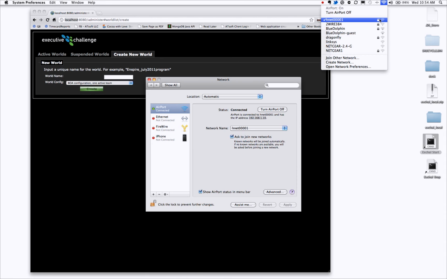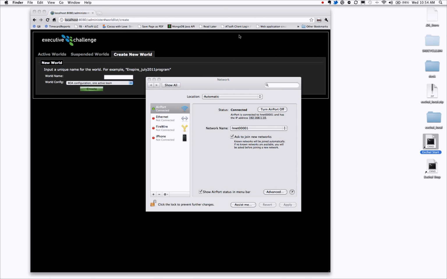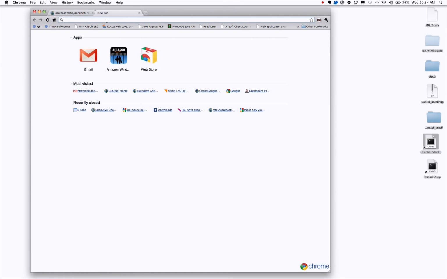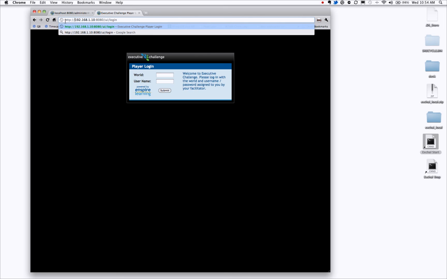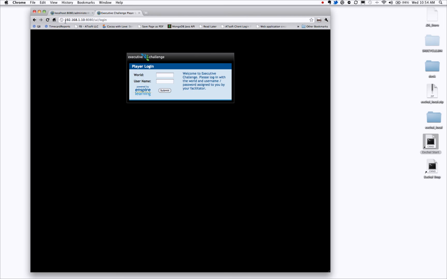So you'll want to make sure that all other participants are connected to the same wireless network that you're connected to. Once you've done that, you can instruct everybody else to go to that IP address :8080, and some versions of Internet Explorer need you to put a slash at the end of that to make it work. Or you may need to tell Internet Explorer users, if you're using an IP address, to put HTTP:// in front of that so that it looks like that. But that's how they will log in. And administrators can, of course, just go to that address